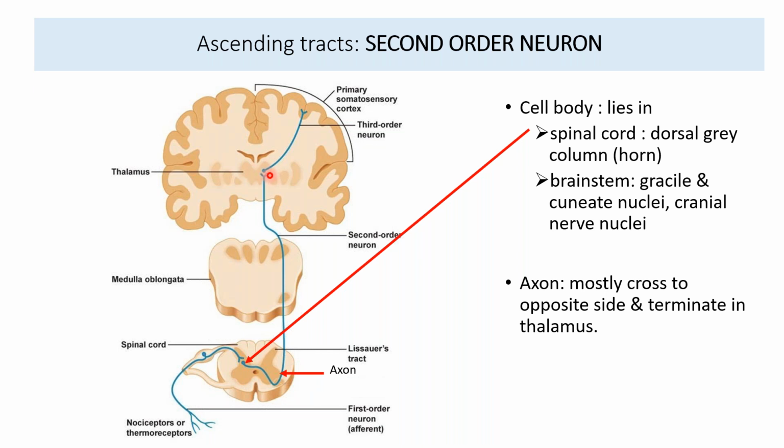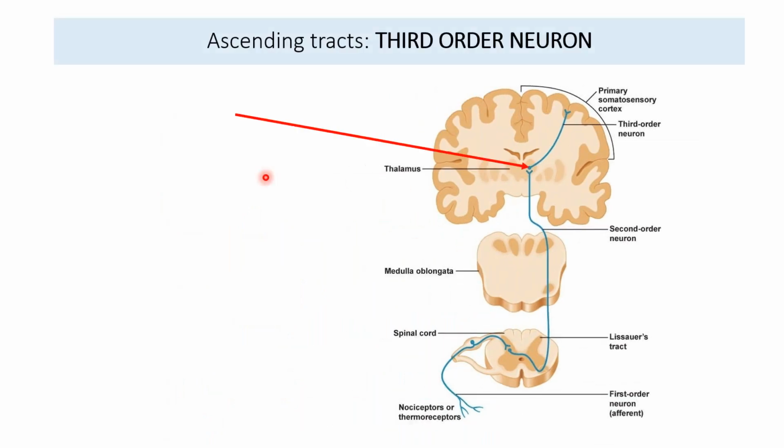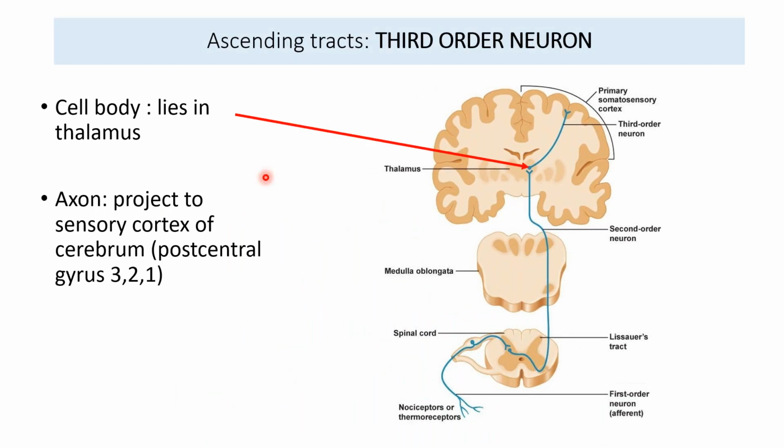And in the thalamus, what is there? The third order neuron. So this is the third order neuron, whose cell body lies in the thalamus, and its axons are projected to the postcentral gyrus. Just now you did your demonstration on the external surface of the brain, so you know where this third order neuron is. The axons are projecting onto the primary somatosensory cortex, areas 3, 1, 2.